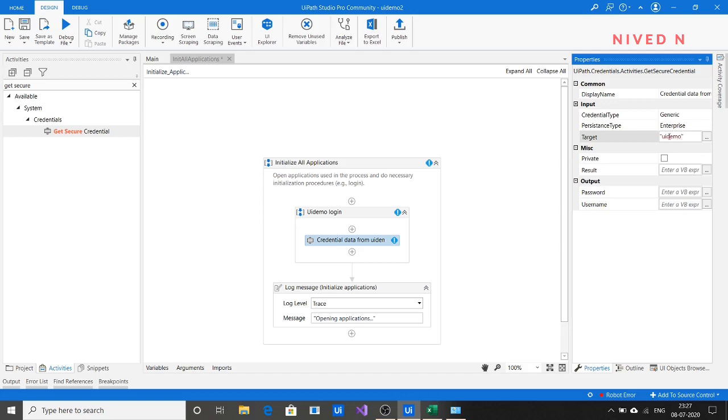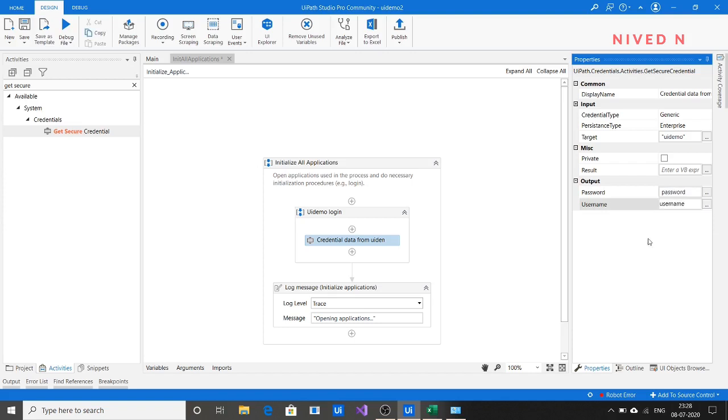UI demo. And the password and username you can store in a variable format. To retrieve the password and username you have to store them in a variable format. So press Ctrl plus K to create a variable, password, and press Ctrl plus K, username.